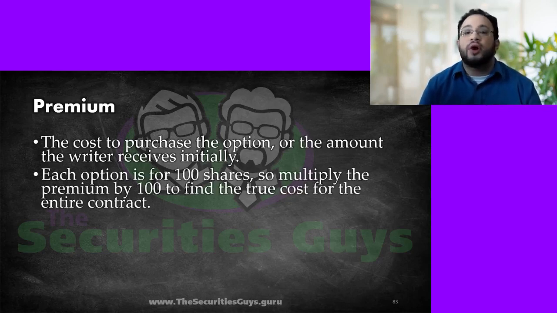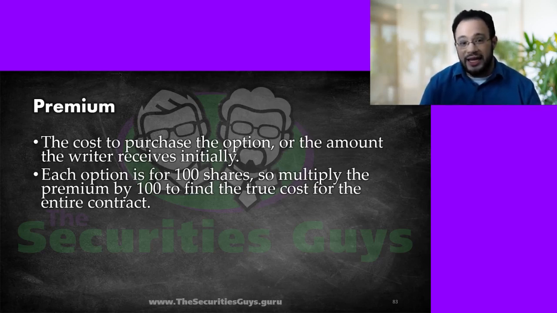Each option is for 100 shares. So we want to multiply the premium by 100 to find the true cost in dollars of the entire contract. Now it gets a little bit weird. When it first comes out, the price is whatever the writer basically wants. There's some rules in it basically, but once it's out there, the market price, what determines the value of this